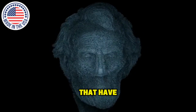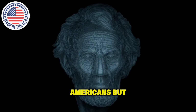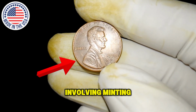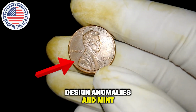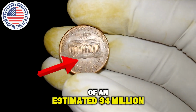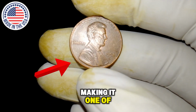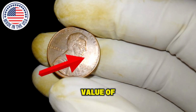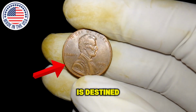billions of other pennies that have passed through the hands of everyday Americans, but which, due to a set of extraordinary circumstances involving minting errors, design anomalies, and mint mark irregularities, has achieved a staggering market valuation of an estimated $4 million, making it one of the most valuable modern U.S. coins ever known. And while its face value of a single cent might suggest that it is destined to rattle